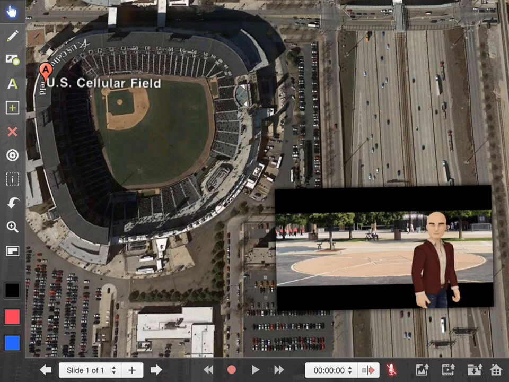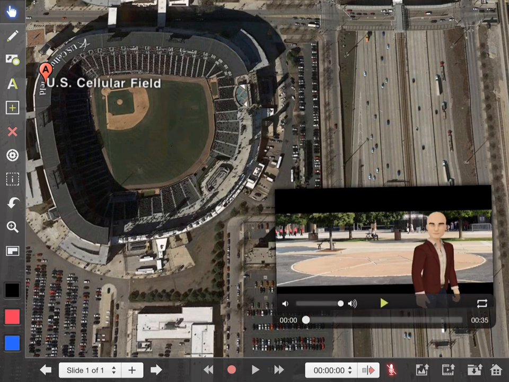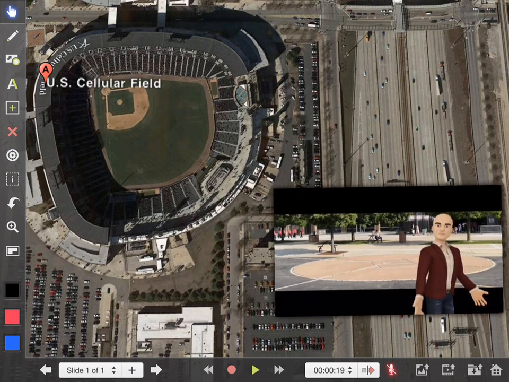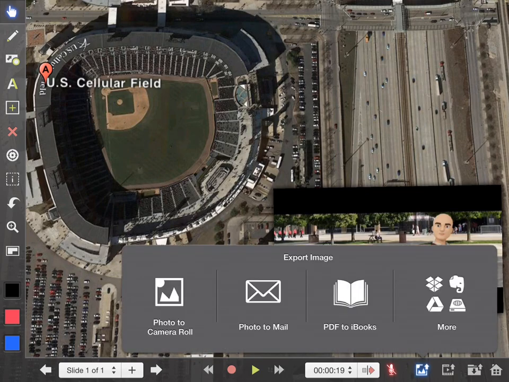And then I'm going to simply press the record button, and then I'm going to come up here and press the play button. You'll see it in a second. So I'm going to touch up here. I'm going to hit record first and then play. And now I'm recording my Tellagami. Okay? Everything's recording. You can't hear it because of the way I'm screencasting, but trust me, it's working just fine. So once that's done, I'm going to press pause. Okay? And then I'm going to touch here to export my video right back